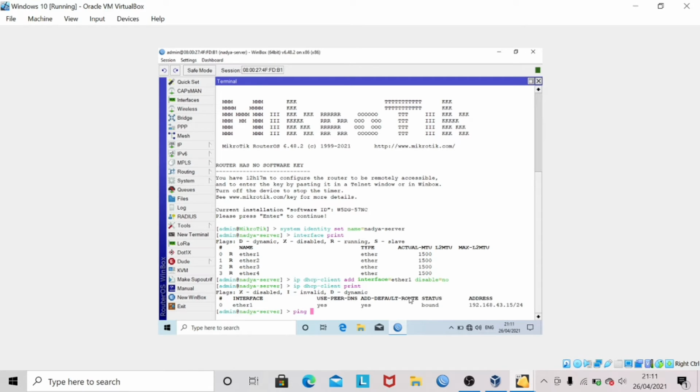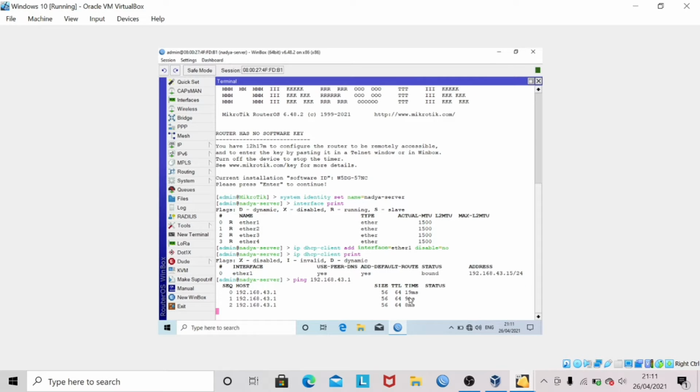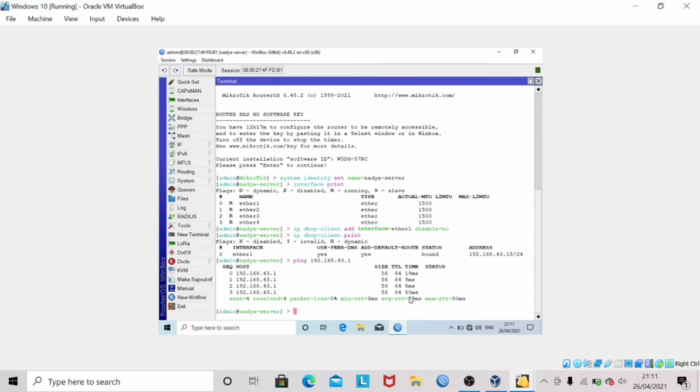First, ping the IP gateway. Second, ping 8.8.8.8.